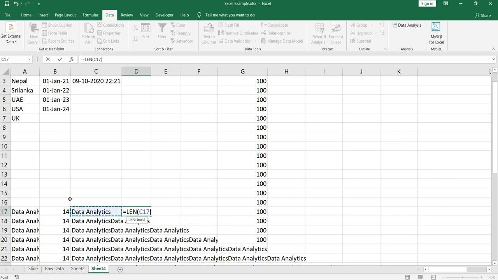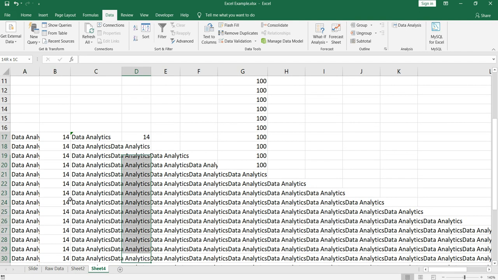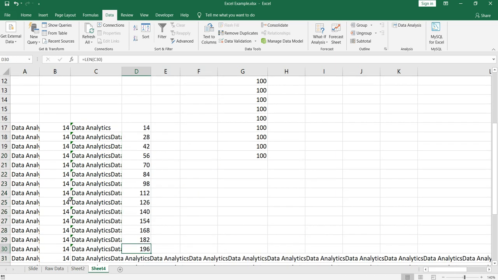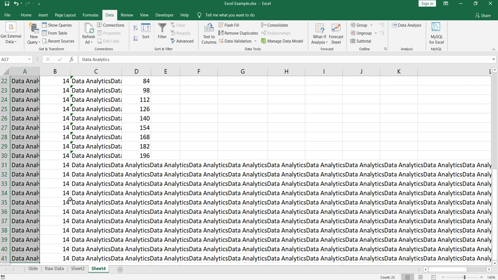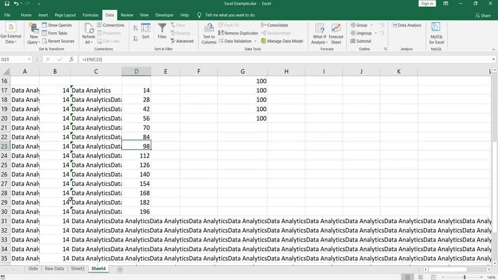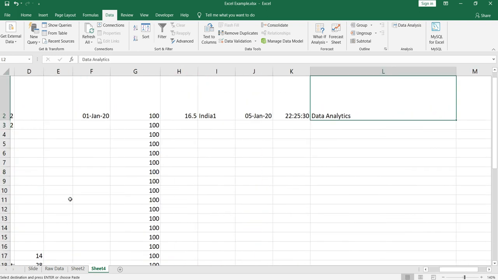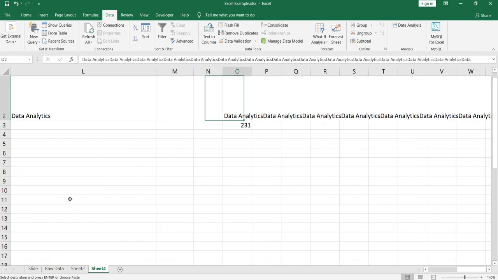We'll specifically take till 140. At this point, you remember we had applied a formula to concatenate this entire range into a single cell here. At this point, in row number 26, we had exactly 140 length, right? So I'll copy paste it here so that we can see that our length is 140.